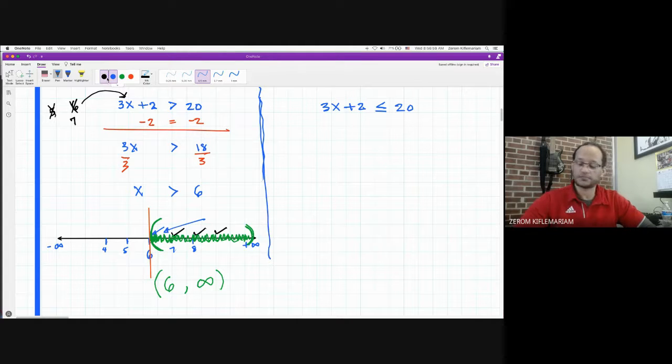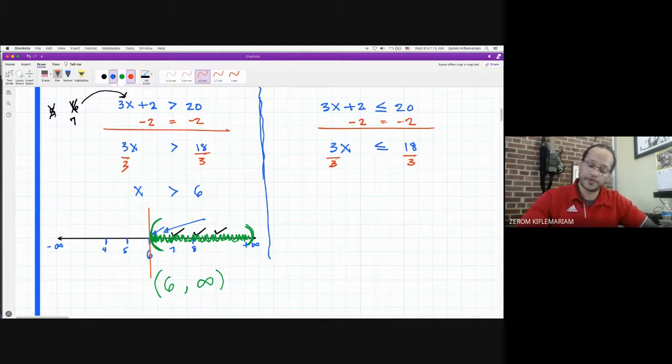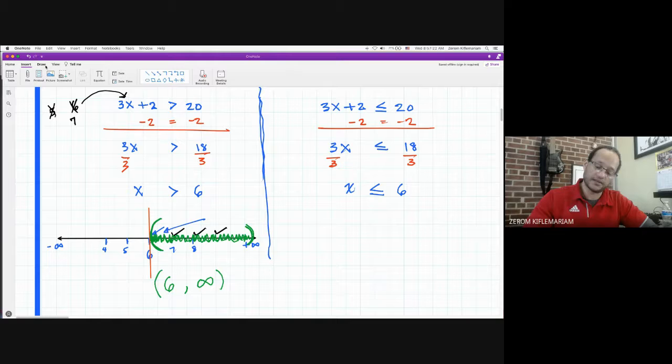So if I go ahead and subtract 2 equally from left and right, we have what? 3x is less than or equal to 18. Then we go ahead and divide by 3, divide by 3. Then I have x is less than or equal to 6. So if I'm looking at the number line,